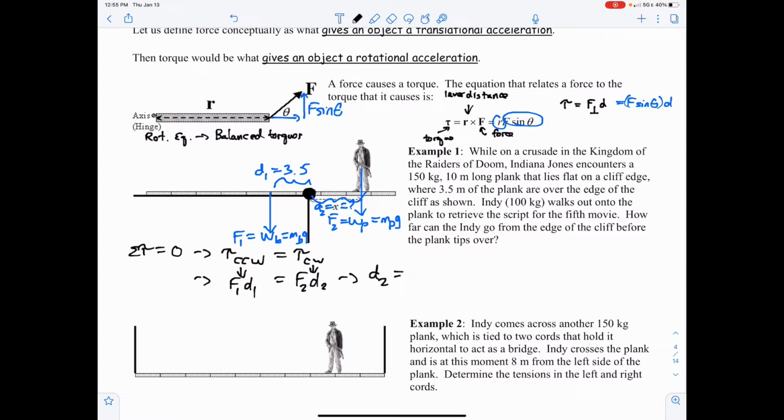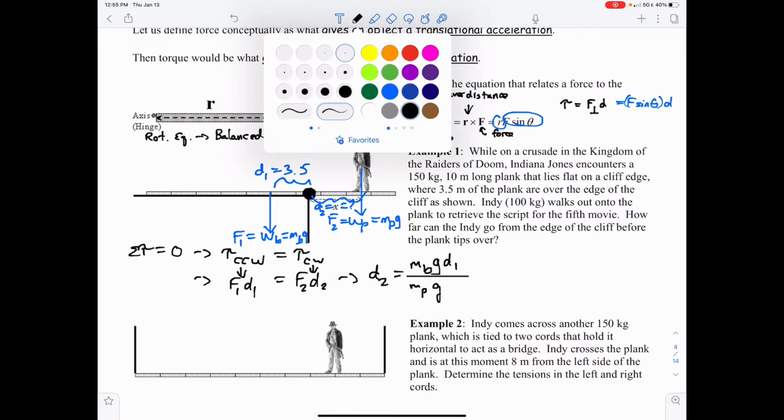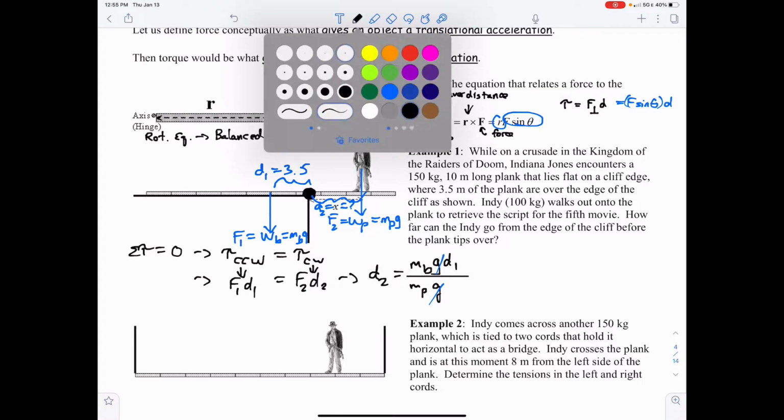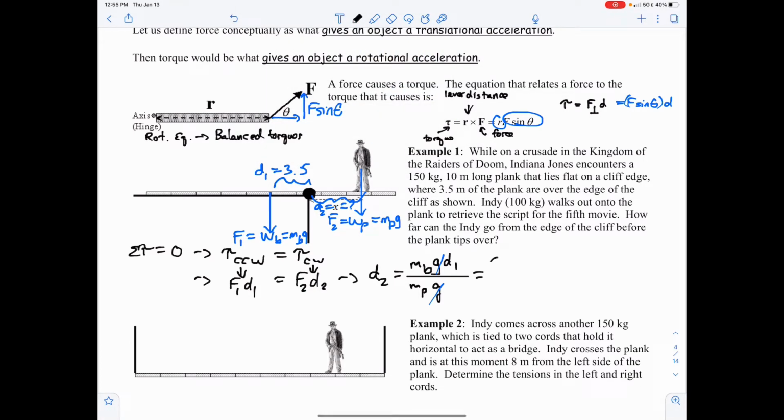And the force applied would be M, mass of the board, times G times distance 1, divided by, now I've got to get D2 by itself, I have to divide by F2. F2 was mass of the person times g, and you can see how the g's are going to end up canceling. So you can really just focus on the masses, not so much the weights. So mass of the board, 150 kilograms, times